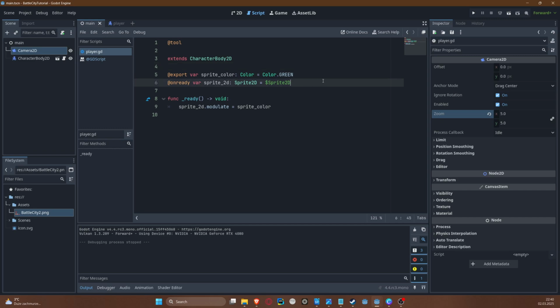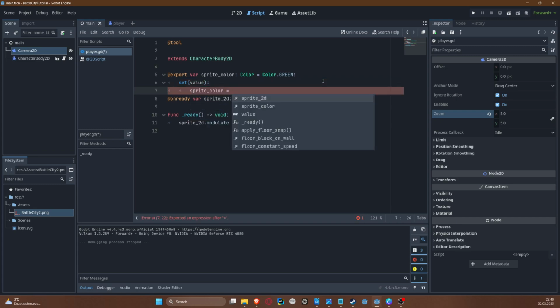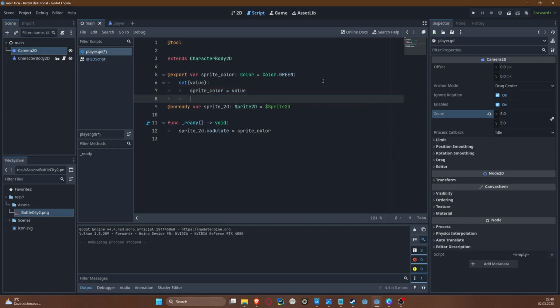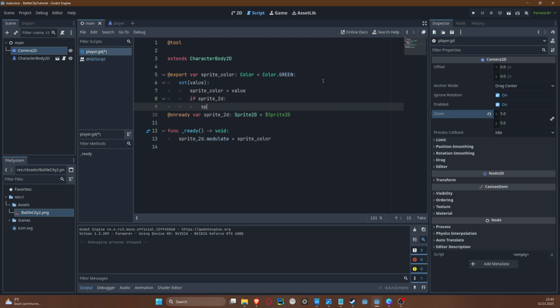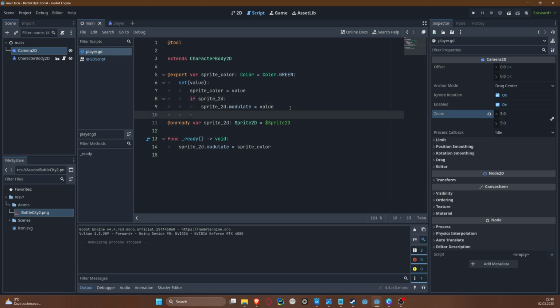To do that, we can use a setter. So whenever we set a value, we say that sprite_color is equal to value, and if Sprite2D exists, we can say Sprite2D modulate equals value. Okay, and now going back to 2D,